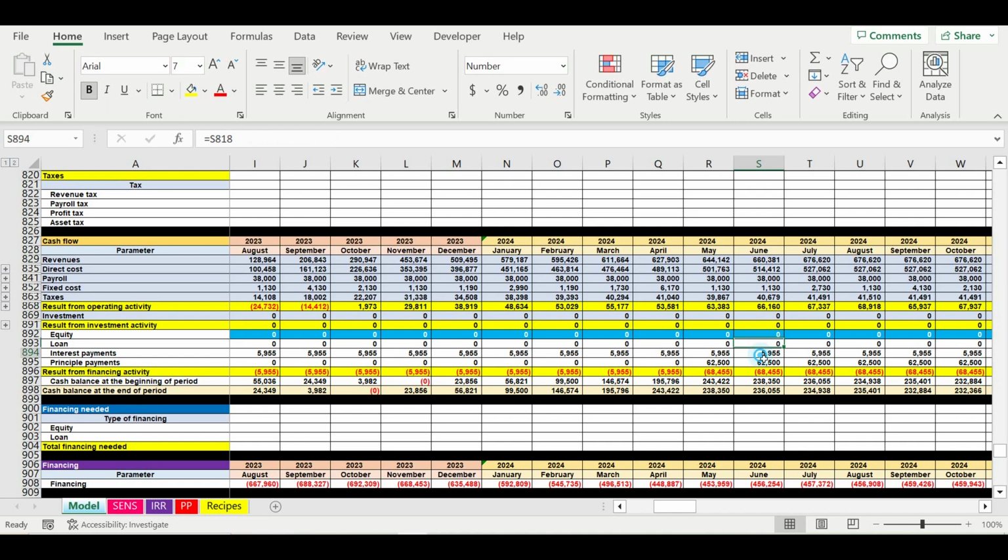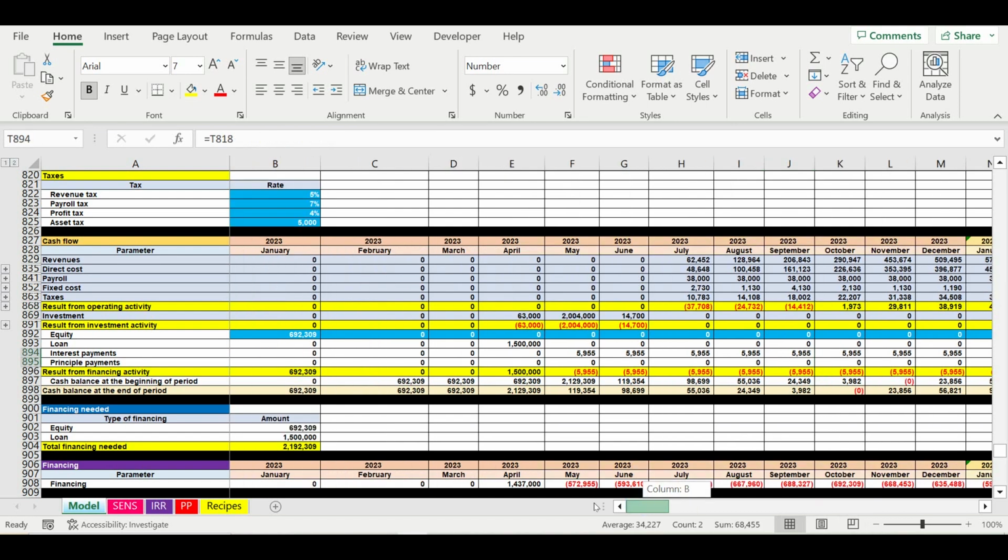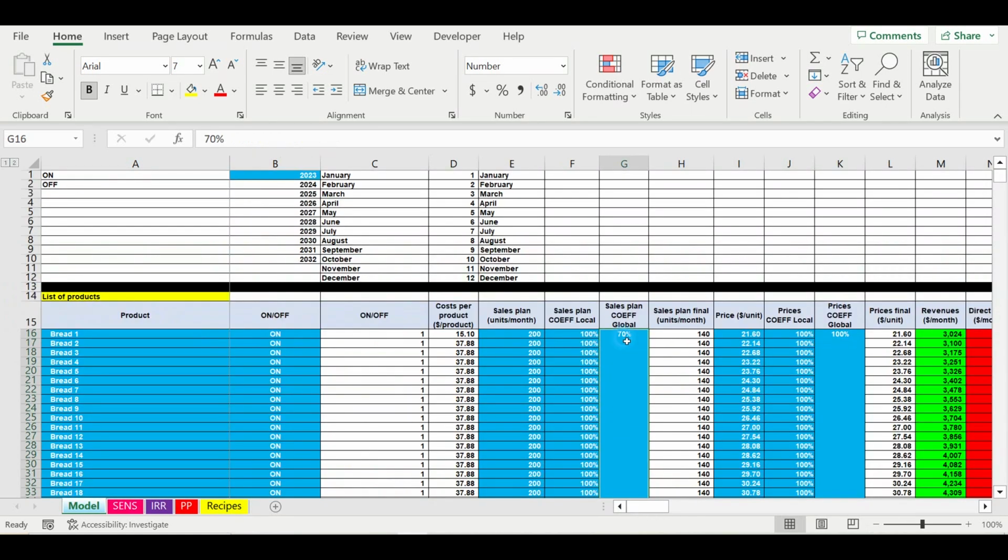And here we can see that all that we earn we give to the bank. And in this case, for example, the entrepreneur starts rethinking the business concept. Let's go back to the cash flow statement. I will show you that